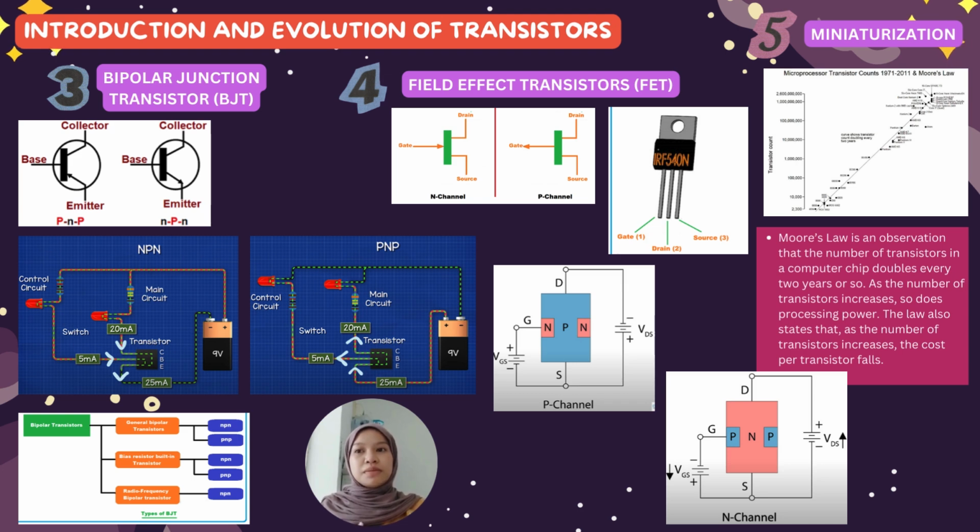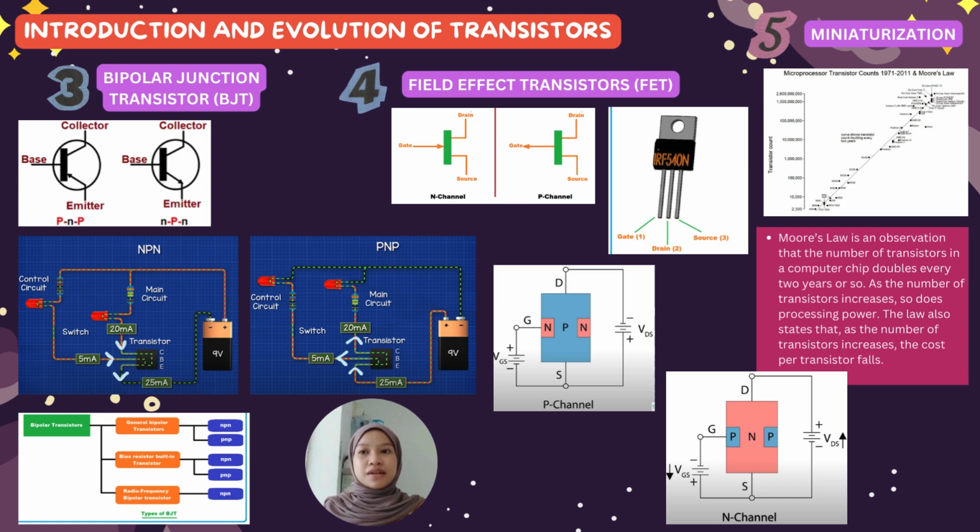In P channel, as you can see in the picture, the gate source voltage is connected to the positive rather than negative, and the gate source voltage needs to be higher than the drain source voltage. If forward bias is used in an N channel FET, the component will fail since it cannot handle any significant amount of current. Last part, miniaturization.